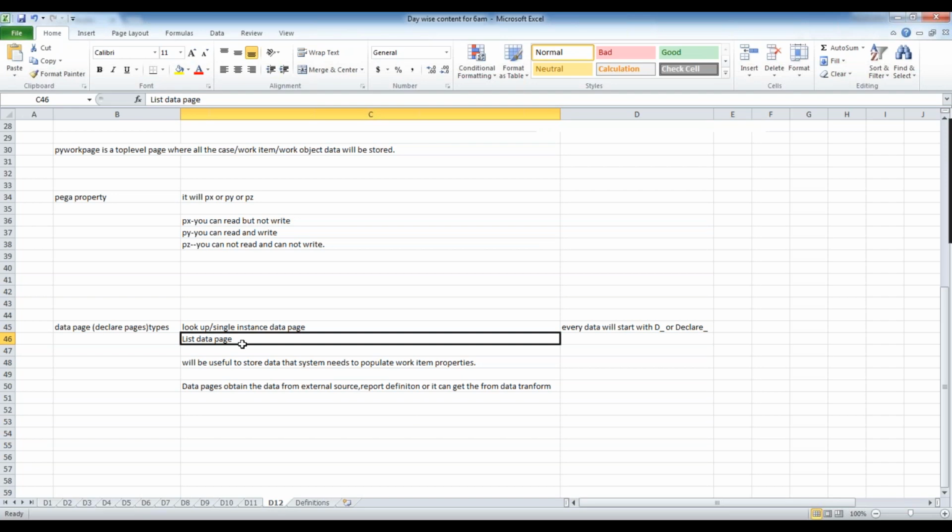The system won't create any parameters by default. If you want, for your business purpose, logical purpose or calculation purpose, you can create them. We create parameters for our convenience; the system did not create anything. But for lookup data pages, the system will create the parameters if you create the local storage. If you create the data page manually, the system won't create any parameters. You need to create them.